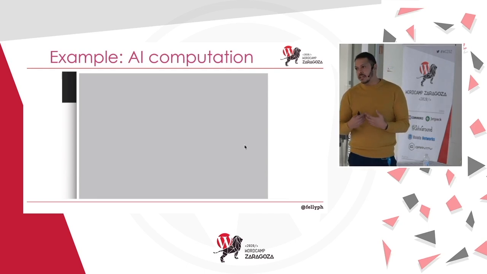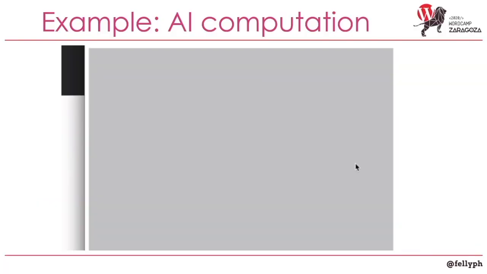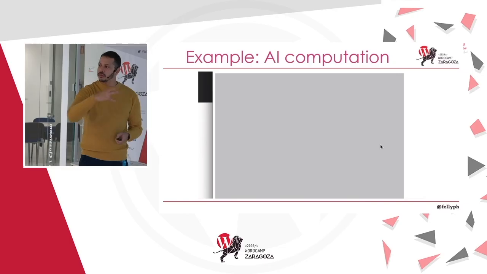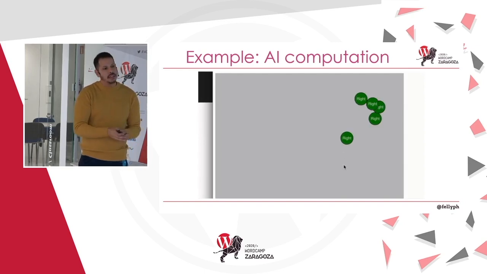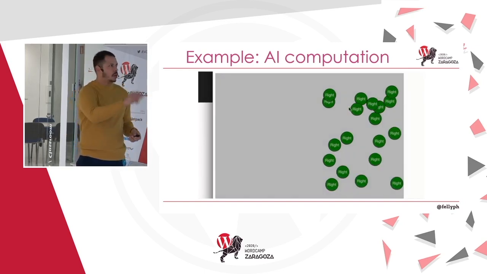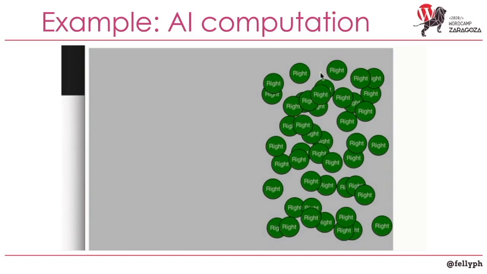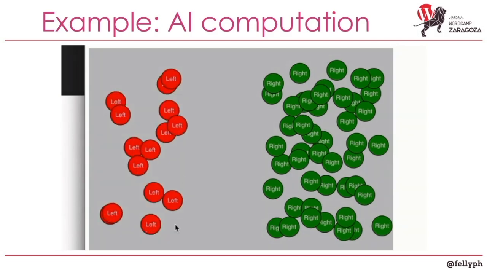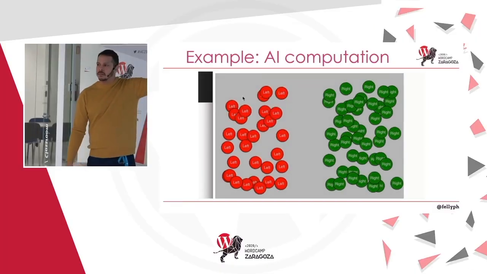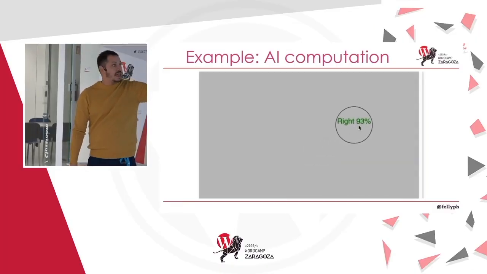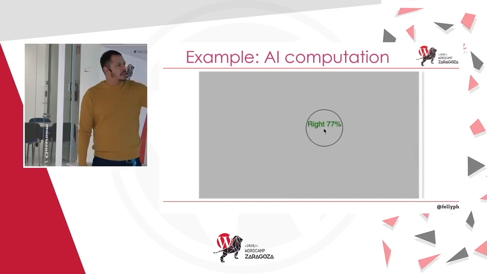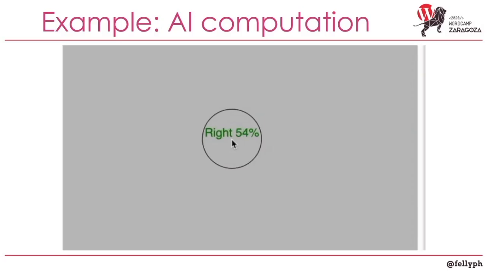And with artificial intelligence, you create a model, do the training, and the process is like that. With JavaScript, I can make that visual. When I click on my screen, I just pass the X value. If it is greater than the left side of my screen, that is left. And after that, when I do the training, the model will do the classification, and it will say, oh, I'm 7% sure that that's